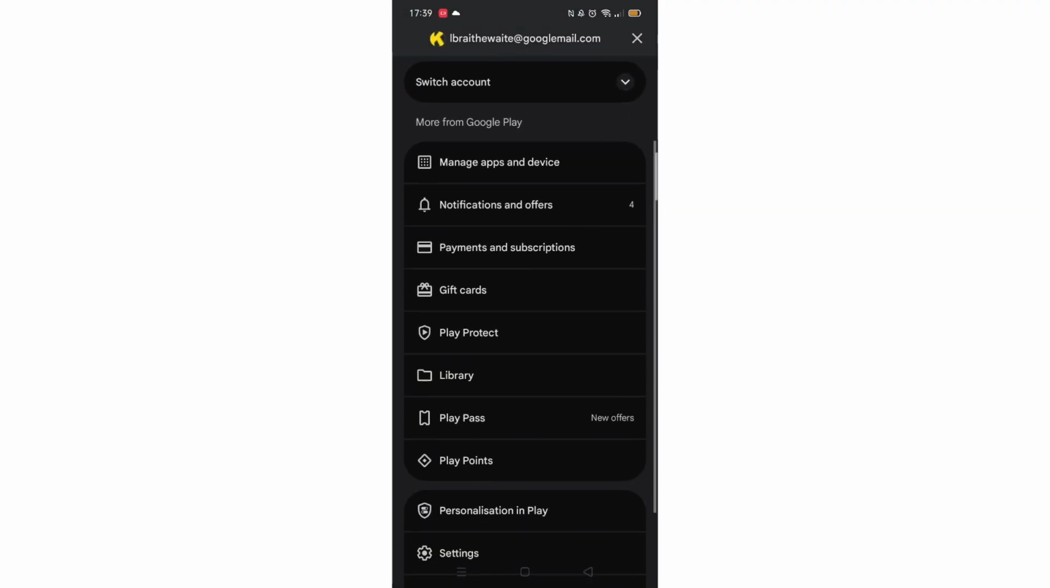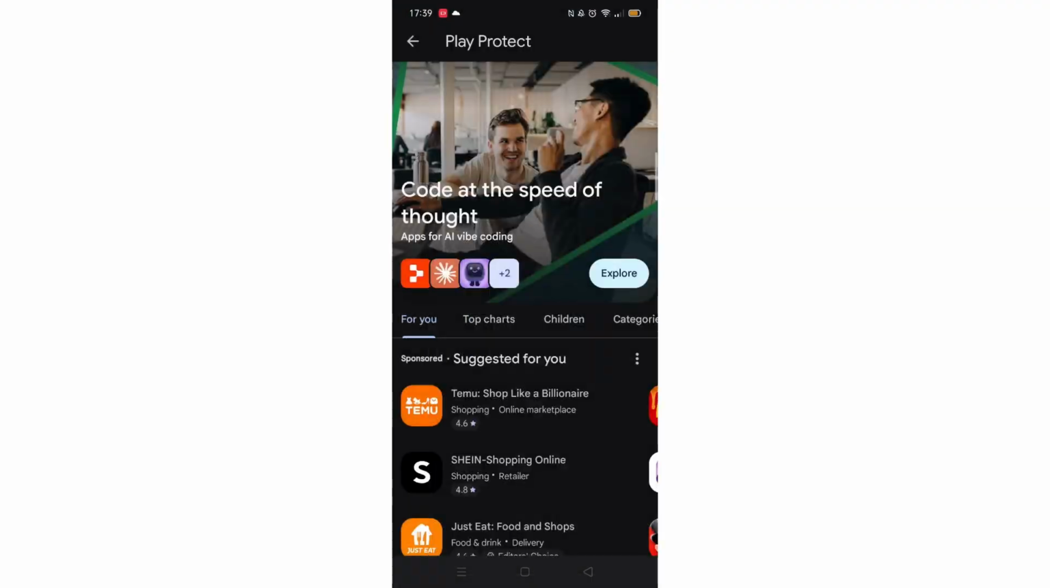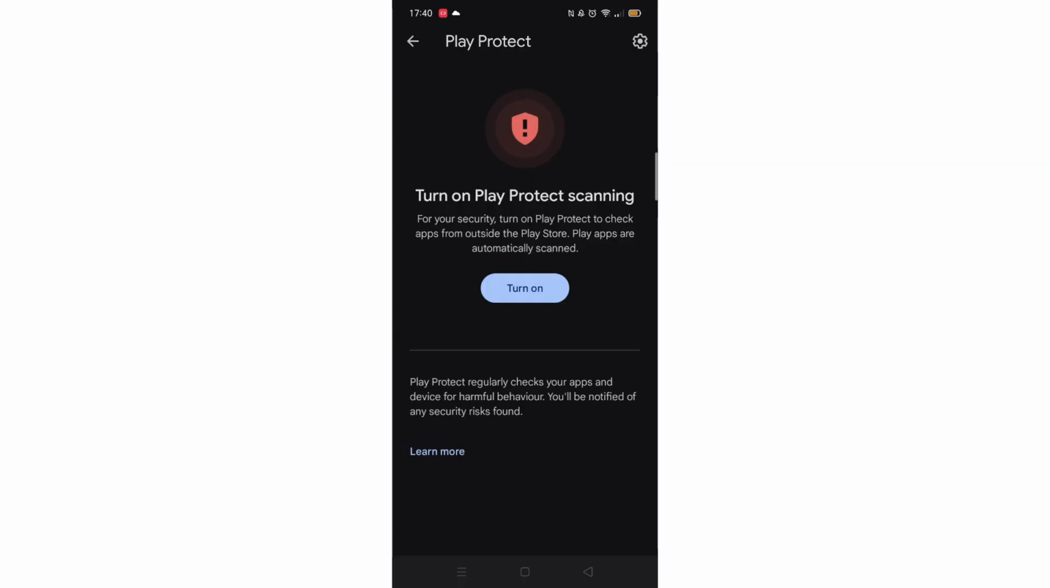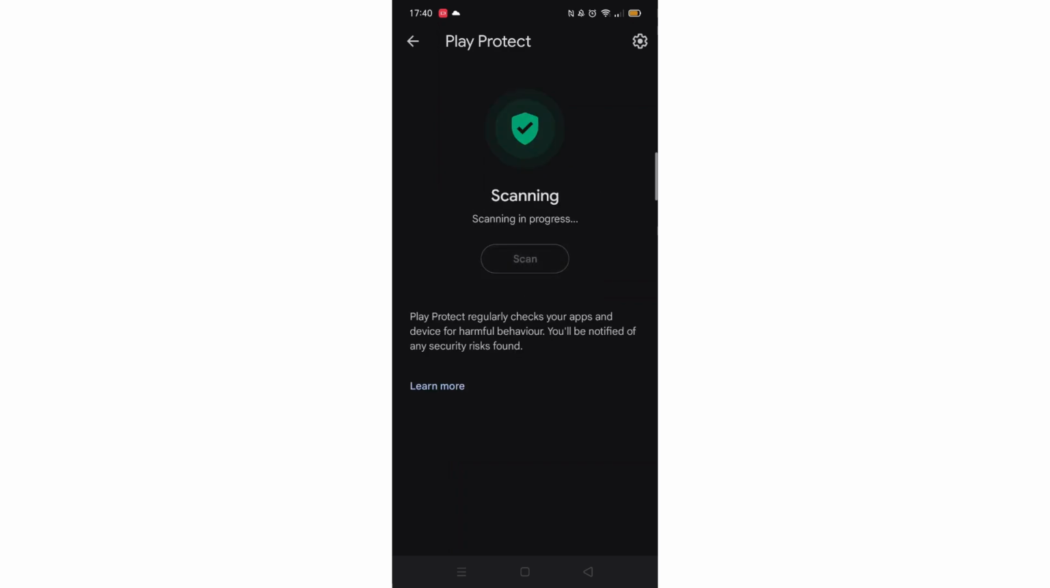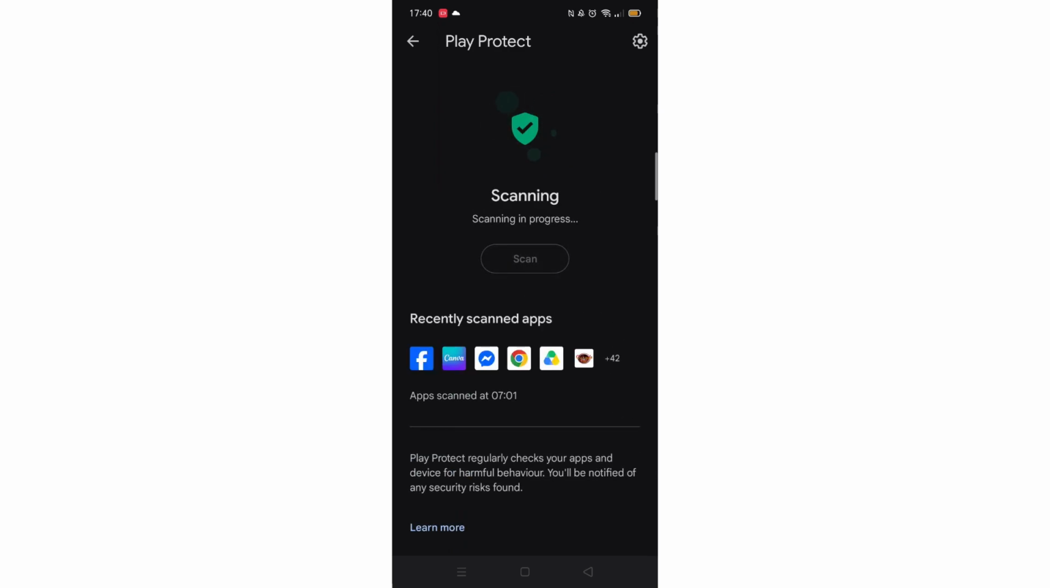Now scroll down to where it says Play Protect. As you can see, I currently don't have Play Protect enabled, so I'm going to turn it on. Play Protect will now start scanning, checking for any potential issues with any apps that are on your phone. So that is how we enable Play Protect, but if you want to disable Google Play Protect, click on the